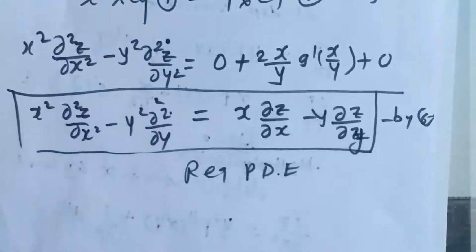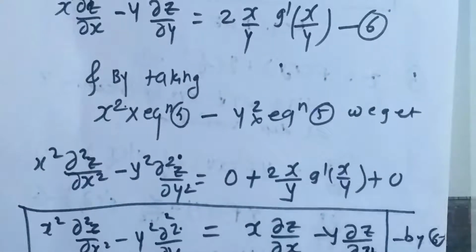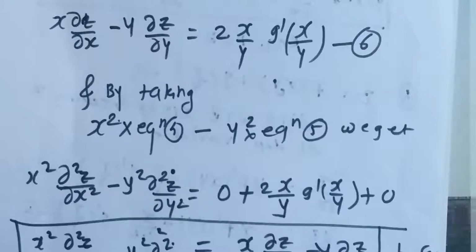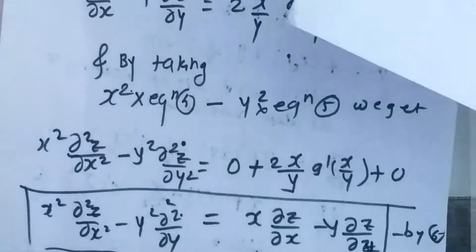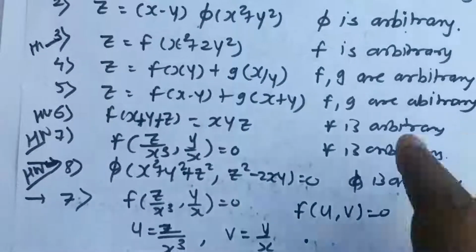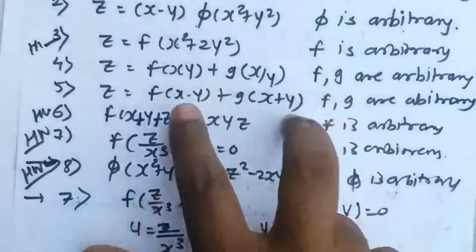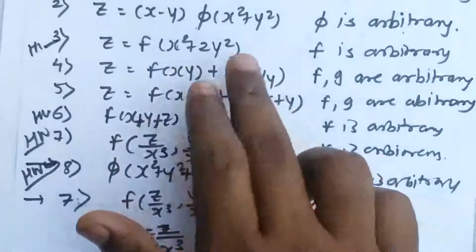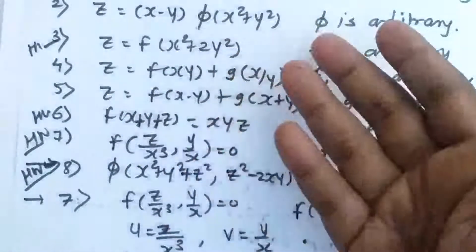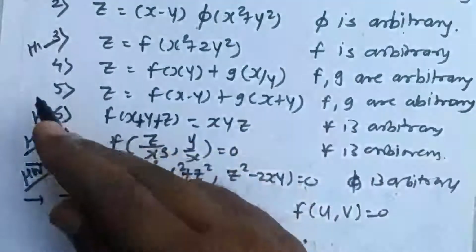You need to form the equations and make use of them, and you just have to identify which terms will get cancelled after multiplying by which factor. Those manipulations you need to understand, and then definitely you can get the partial differential equation free of arbitrary functions. Now one example of similar type: z equal to f of x minus y plus g of x plus y. Here the derivatives will be easy. Here you have subtraction and addition, whereas earlier we had multiplication and division, therefore the differentiations were quite challenging. Here the differentiations are easy, so this problem I am leaving for you for practice.